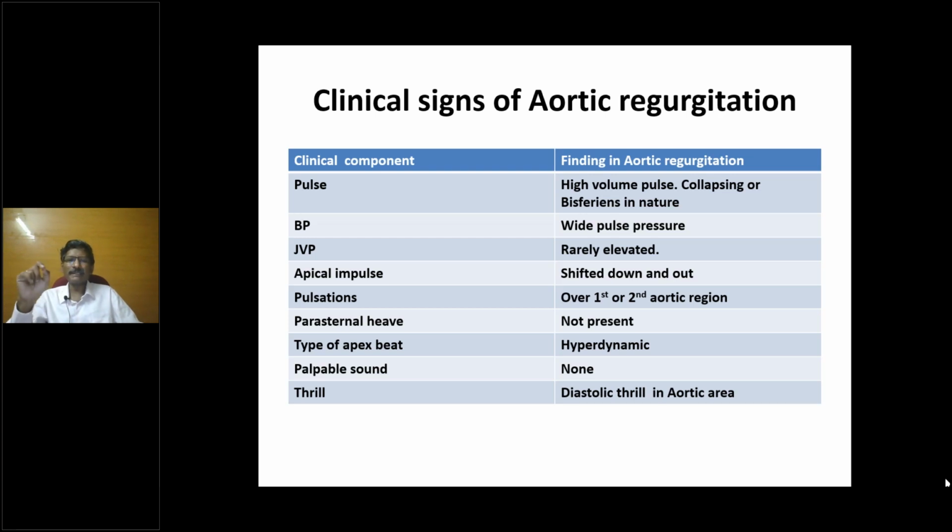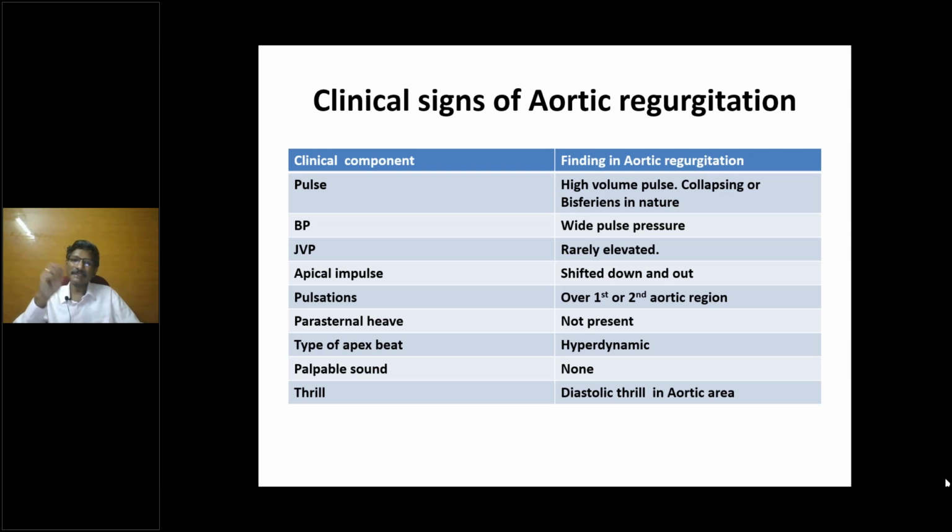Okay, I'll give a very typical example. When you blow a balloon, a new balloon, is there any difference in the resistance you appreciate in the beginning and the resistance you appreciate at a later point of time? Initially, the resistance will be more. Later on, it becomes less. So this is what happens in aortic regurgitation. In the initial phase of aortic regurgitation or anemia or hyperthyroidism, there will be increase in the peripheral resistance. But over a period of time, what will happen?